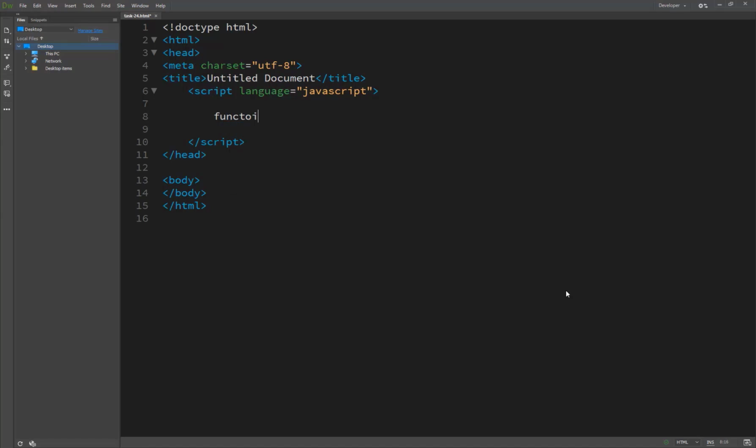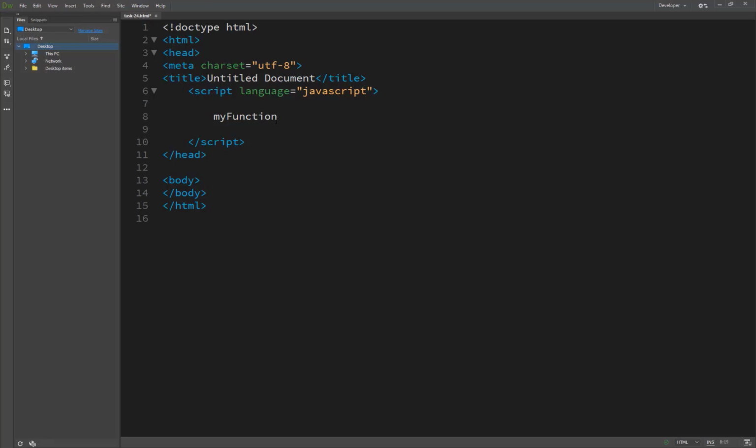A function is static, it's fixed, so we can write the function, but not for calling. We are not creating a function here; we have learned how to call a function. So, function name. Let's suppose I have my function. It doesn't exist here because we are not creating it.